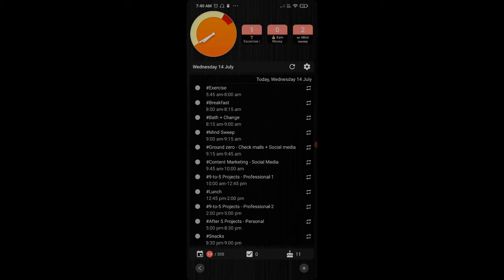Also, when I swipe left, there is another widget. There is this clock. Now this clock is nothing but a Pomodoro. It's a countdown timer.